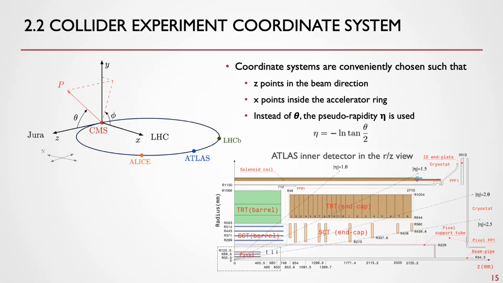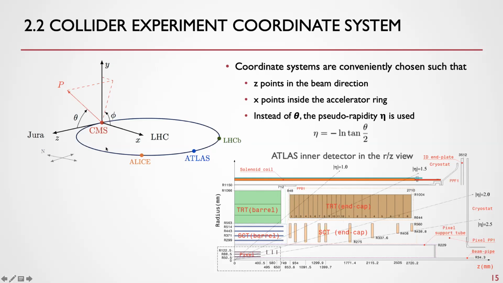In a later lecture, we will discuss what these subdetectors mean. It's a pixel detector, transition radiation tracker, silicon trackers, and so on. You will see here the symbol eta. In principle, one does not need eta. One could use the angle theta that's measured from the y-axis. However, in high-energy physics, we use eta, and eta is minus the logarithm of tangent of theta